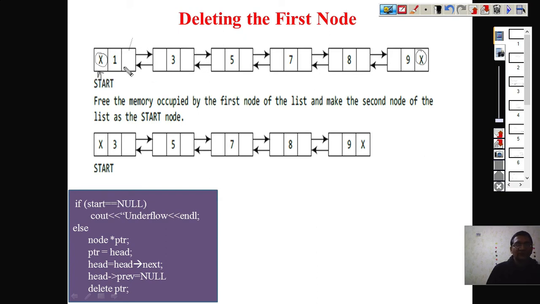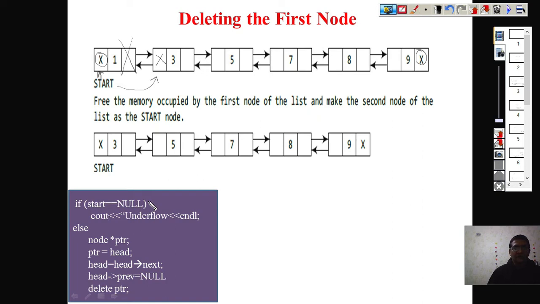Now we want to delete this node so that this node becomes the first node. This is the scenario. Logically, if you want to make this node the first node, what is required? One thing is that the start must point to this node. Because this node is going to become the first node, the previous field of the first node must be null, so this is going to be null. These things are required, and we will be able to achieve our task. So let's see here.